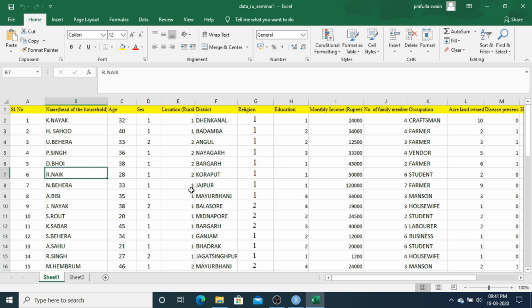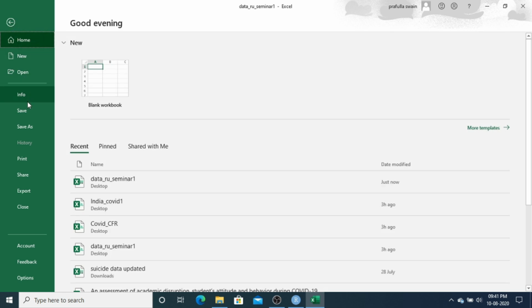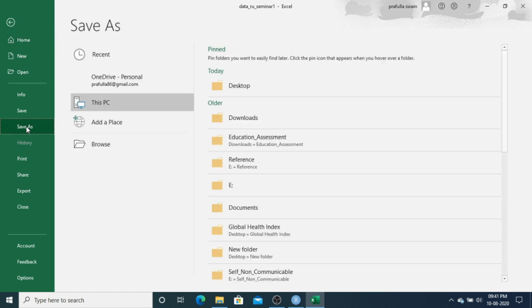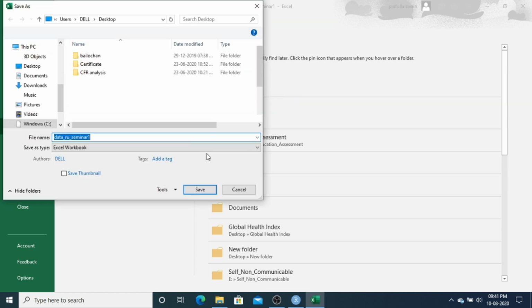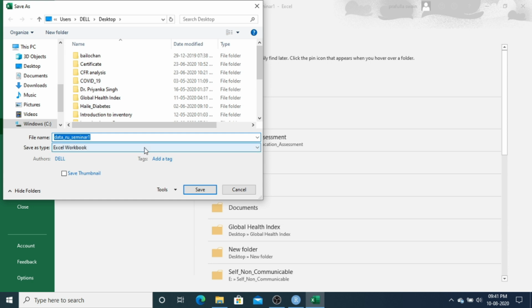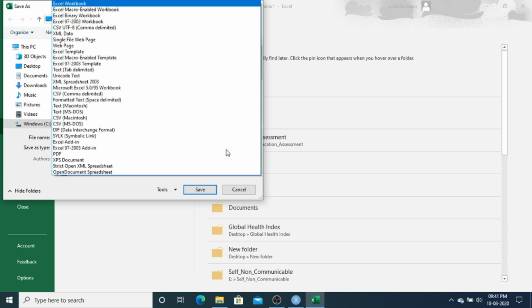So just remember, the very first thing is you need to save this data in the CSV format. How can you do that? My data is on the desktop, so let me show you how to convert this data into CSV format. Go to Save As, click here.